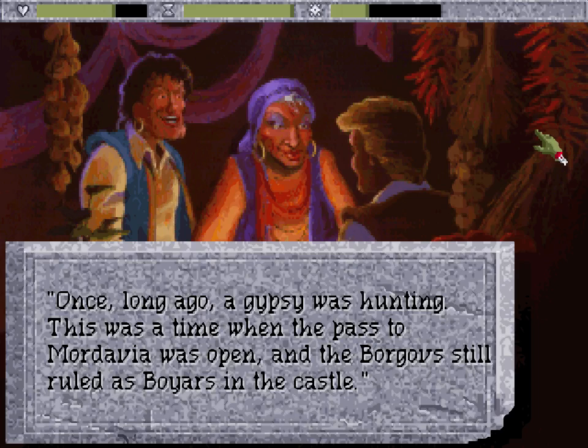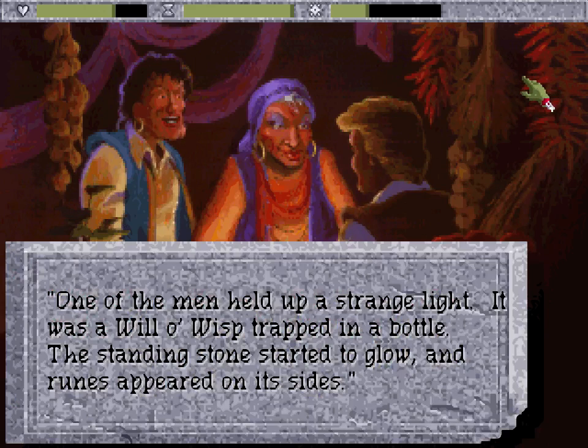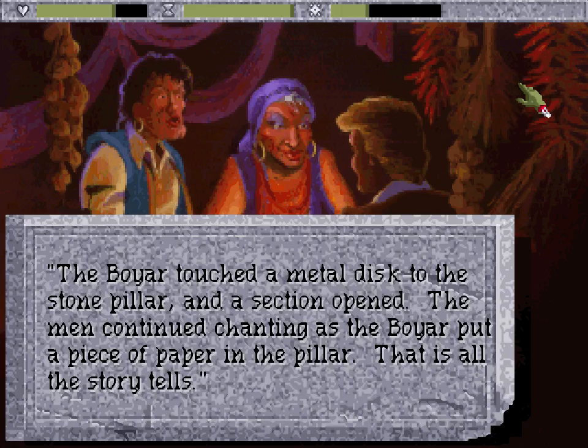Once long ago, a gypsy was hunting. This was a time when the pass to Mordavia was open, and the Borgovs still ruled as boyars in the castle. This gypsy saw men walking and chanting through the forest at night. He recognized the leader as the boyar. Curious, he followed them to a place near the Dark One's cave. They came to a large standing stone, gray and unmarked. One of the men held up a strange light. It was a will-o-wisp trapped in a bottle. The standing stone started to glow, and runes appeared on its sides. The boyar touched a metal disc to the stone pillar, and a section opened. The men continued chanting as the boyar put a piece of...